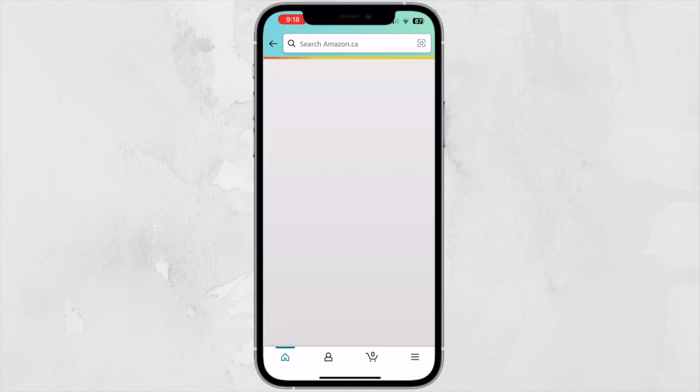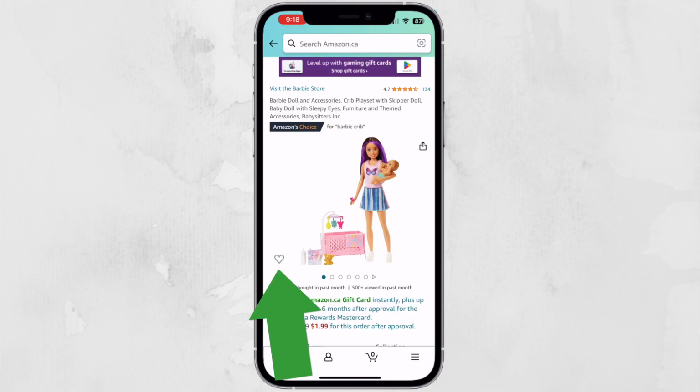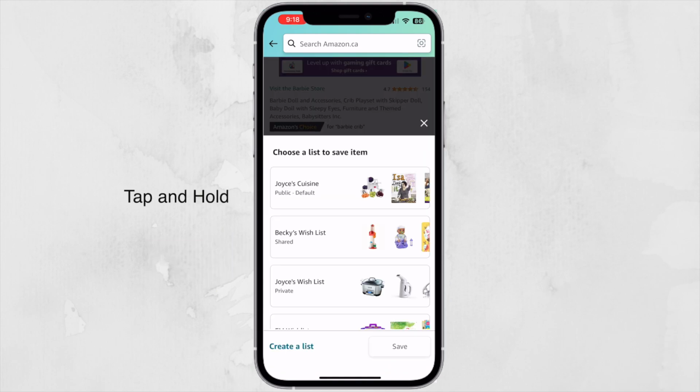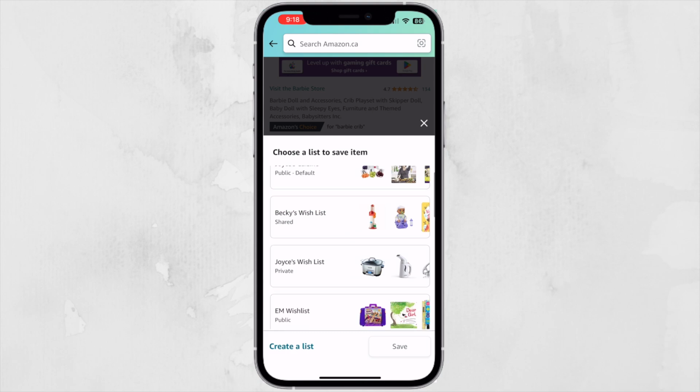So you're going to tap on it and here there is a heart. If you tap on the heart only, it will go directly to your default wish list. But we don't want this item to go to Joyce Cuisine wish list, right? So I'm gonna untap again and I'm gonna tap and hold, and it's going to display all the wish lists